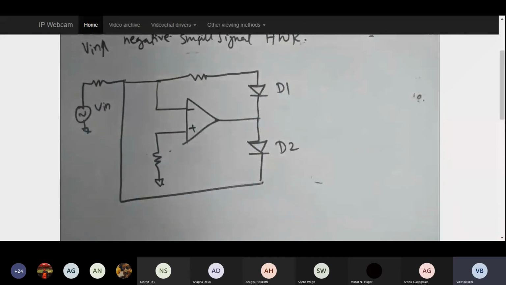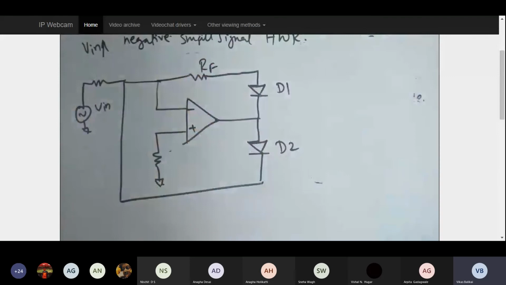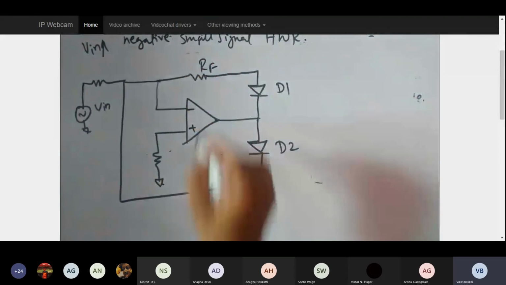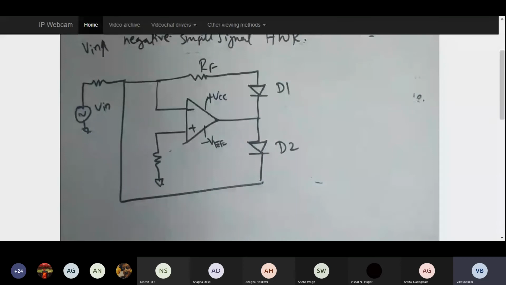Either I get one path, or otherwise zero. So that was the case when I use only one diode. In that condition, the output V is going to reach saturation soon, whereas over here the output is not going to reach saturation soon. So this is my circuit. Of course there will be plus VCC and minus VEE, that will be there. Okay, how exactly is it going to work?